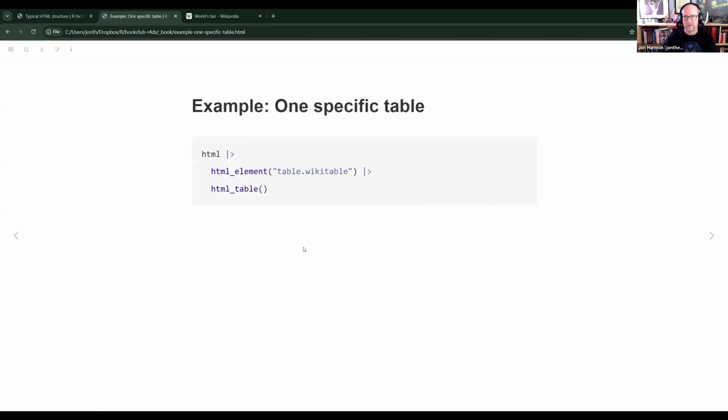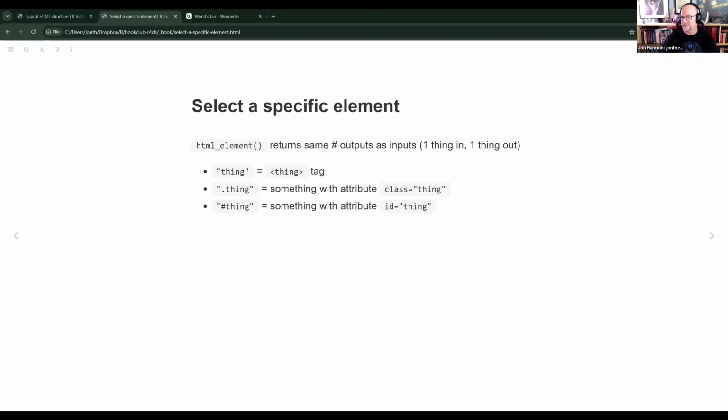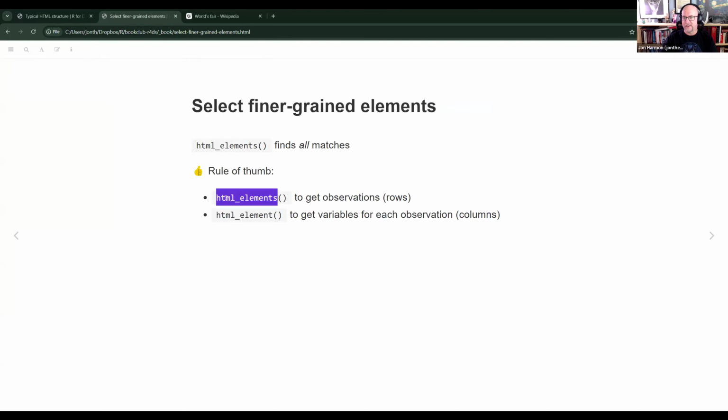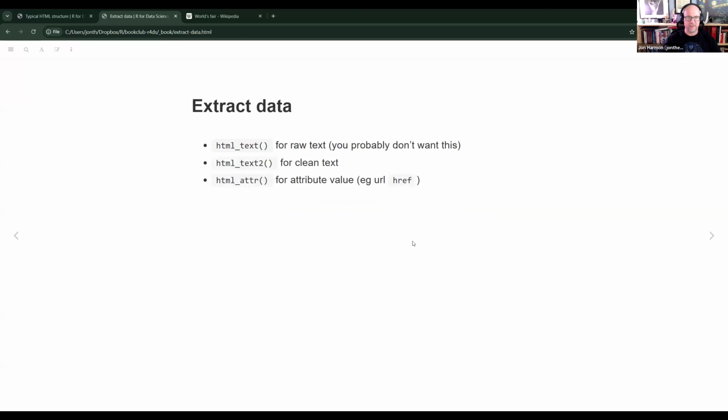So that takes us back to when I said it returns the same number of outputs as inputs. If you are running html_elements and you get 5 tables or 9 tables, and then you do html_element within it, it's going to get whatever you select within each of those 9 tables. So maybe you'll get the first header within each one. All right, and so we'll see an example of that. Or before we see an example of that,